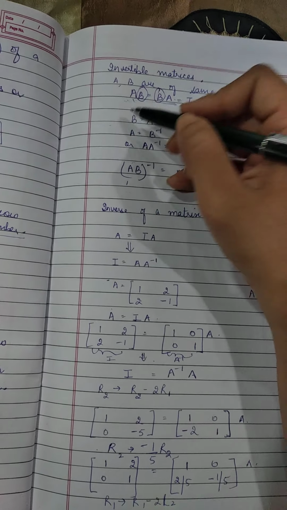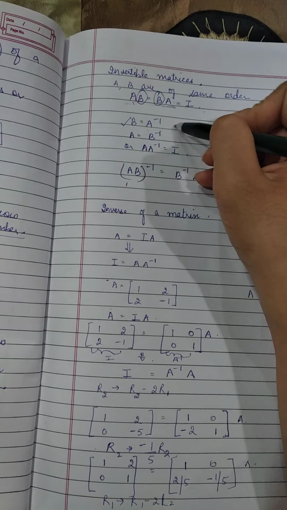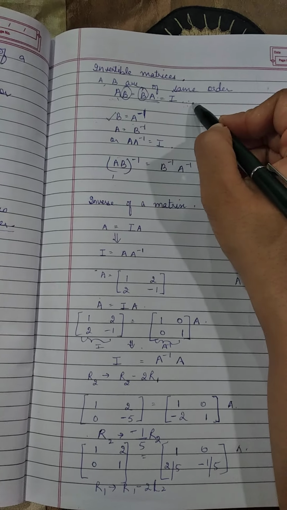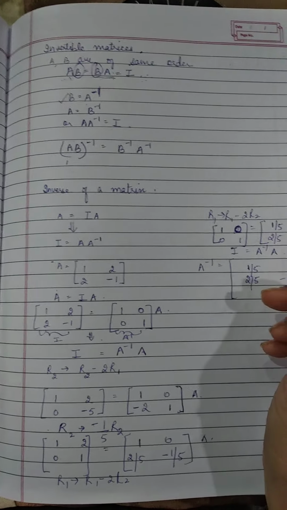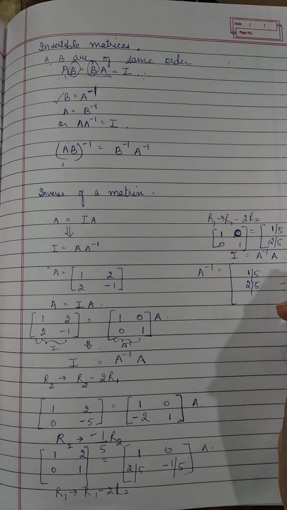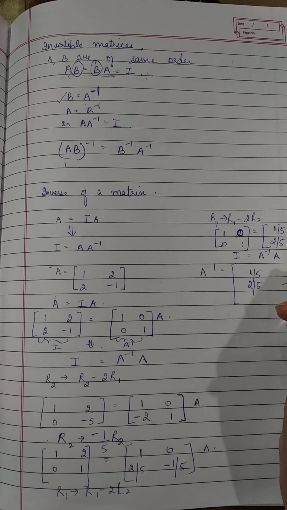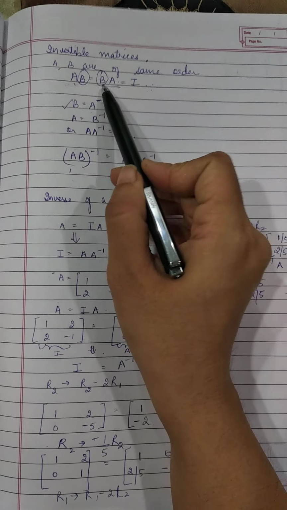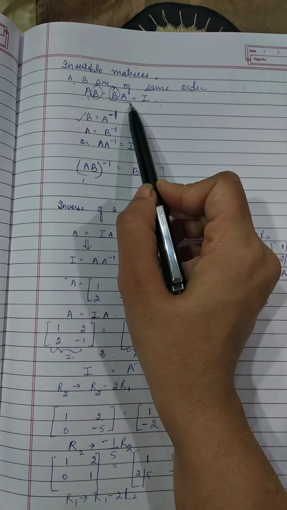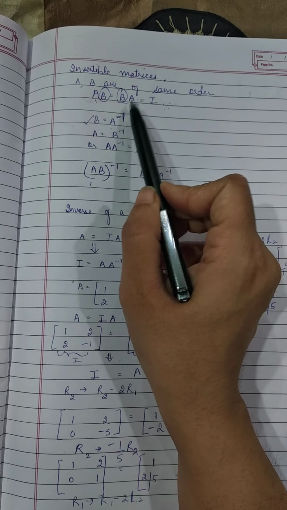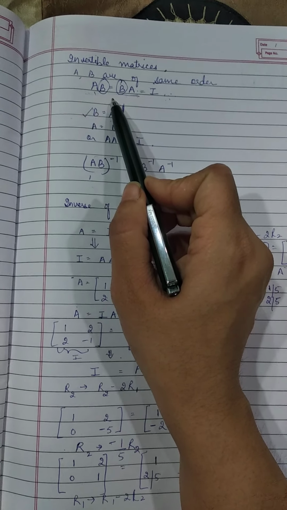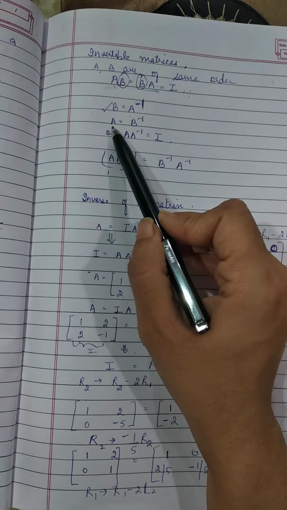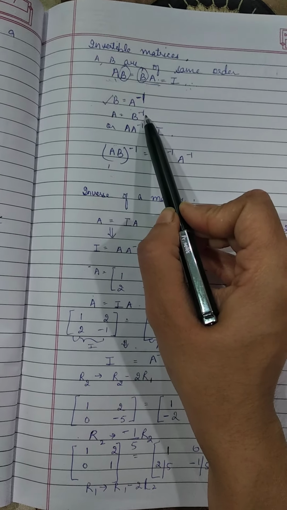right? So what can I write? I can write B is equal to A inverse. This is the sign for inverse. So when is this condition possible? When we have two matrices of the same order and AB is equal to BA comes out to be equal to I, right? Then we say that this matrix B or likewise this matrix A is an inverse matrix or an invertible matrix. And in that case, either we can write B is equal to A inverse or A is equal to B inverse, right?